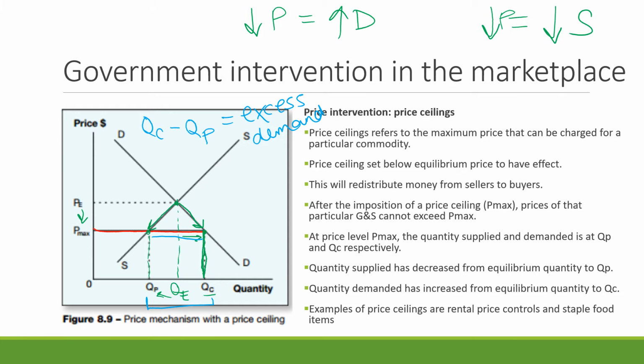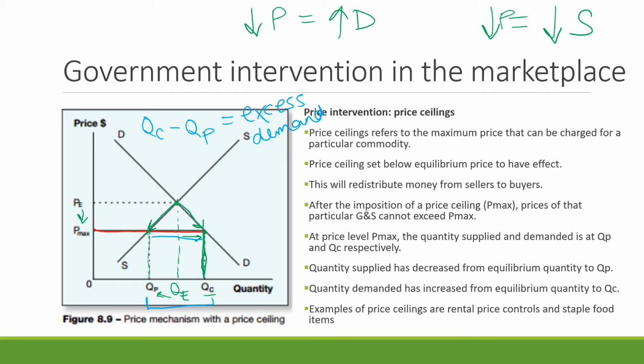So some staple food items that people need, the government might set the price below equilibrium so then everyone has access to it, or also rental price controls. And there's actually a lot of calls for rental price controls right now with the whole coronavirus. That means that the rental price, because so many people are dependent on rent prices because housing prices have become so out of reach for many people, then we have a situation whereby the price of rent is decreased below equilibrium, so more people are able to house themselves and